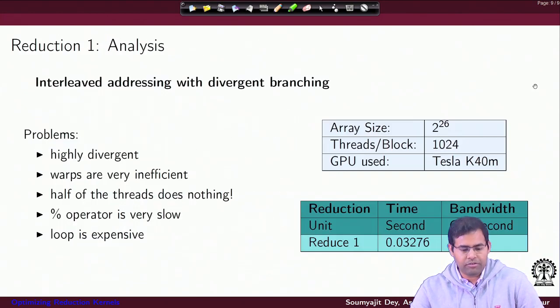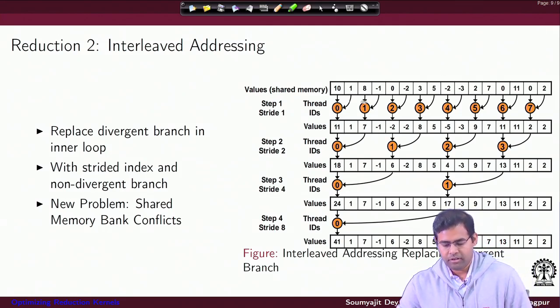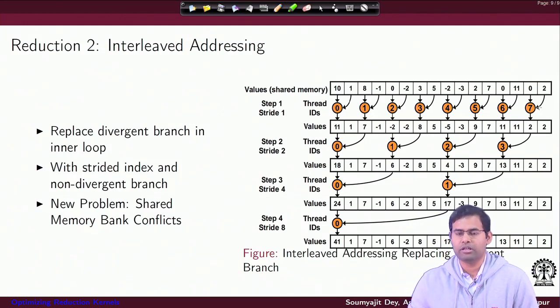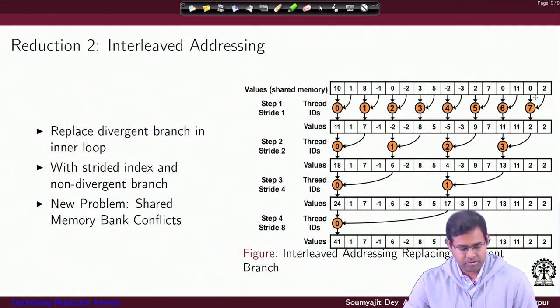Now that's what we achieve with this reduction 2 here. We will do some modification in the code to ensure that although half of the threads go inactive, the threads which are really working have consecutive IDs. That would ensure they are executing inside a warp and they are all progressing in parallel, because if you extend this picture you have 32 threads inside a warp. That would mean in one lockstep this step of the reduction would get done, which will not be the case if you extend this picture for the earlier reduction 1 kernel. Try and understand this.